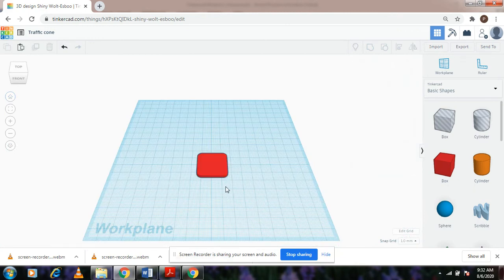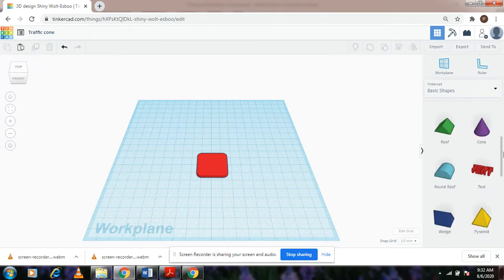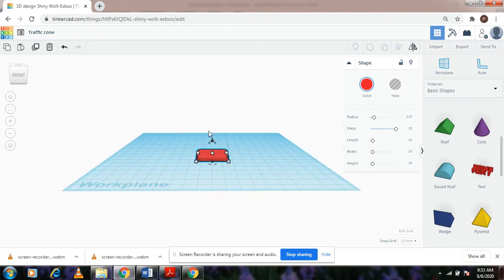With our base ready, we would now want to mount the cone onto our base. So there are two options to mount the cone onto the base. One is you can left click and drag a cone onto the work plane, and then with this triangle option that comes with every object, you can increase its distance from the work plane to exactly 4 mm and then mount it on the base that we've created.